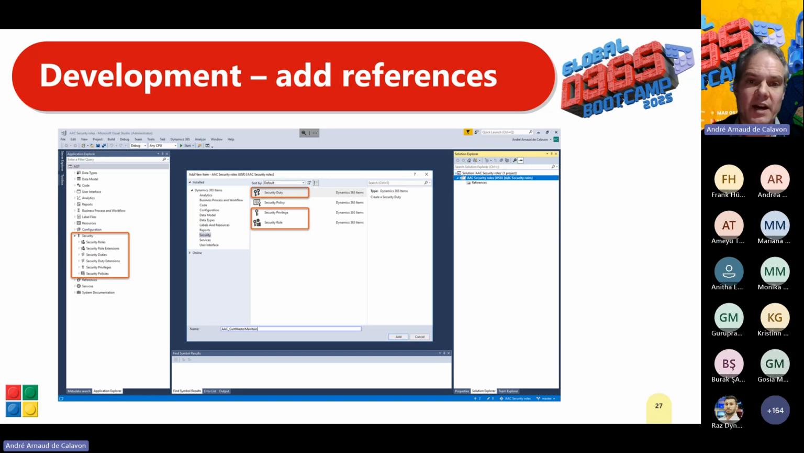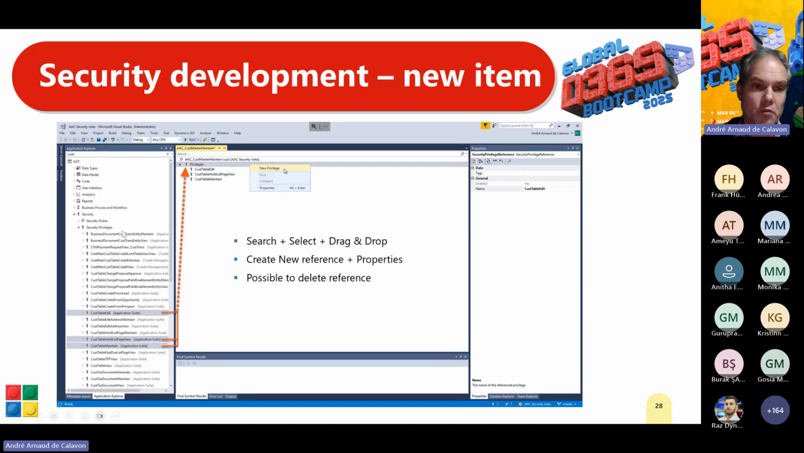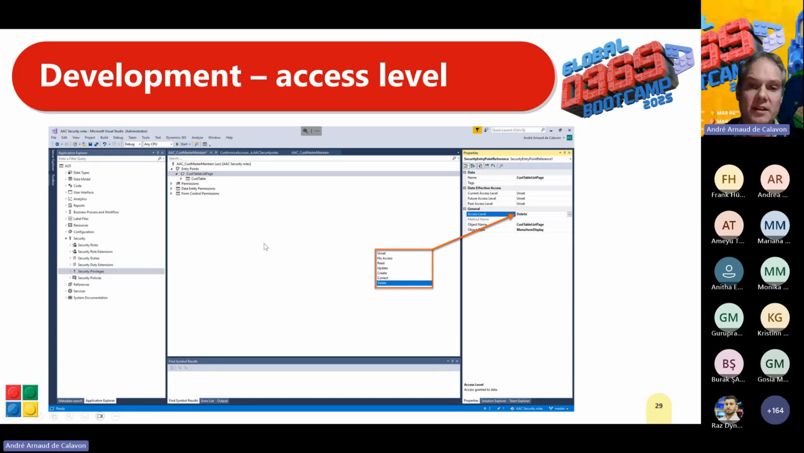Once you added a new item, for example, if you created a role or duty, you can go to security privileges and use drag and drop to add references. If you created a privilege, then it would be possible to go to the user interface and the menu items, and then drag and drop menu items on those privileges. And that's the part which I will also show in the demo, before I jump into the demo,